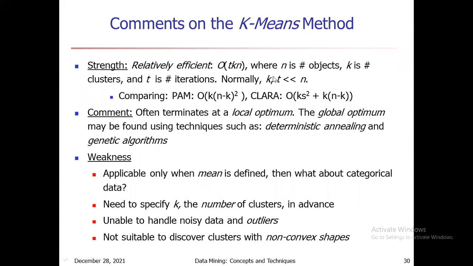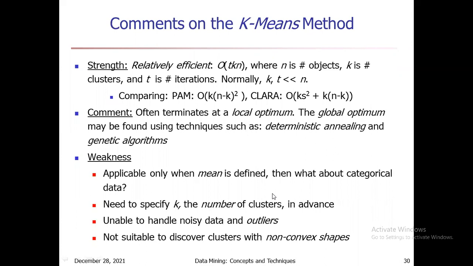The strength is that it is relatively efficient: O(tkn), where n is the number of objects, k is the number of clusters, and t is the number of iterations. Normally k and t are much less than n. It often terminates at a local optimum, and the global optimum may be found using techniques such as deterministic annealing and genetic algorithms.